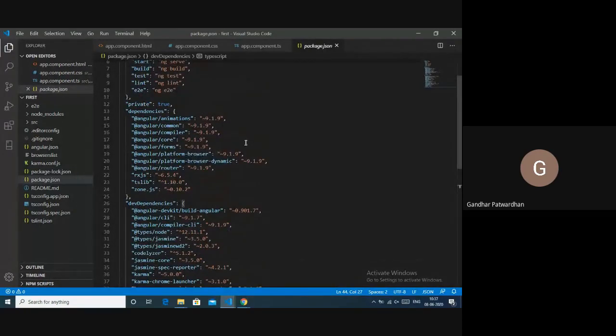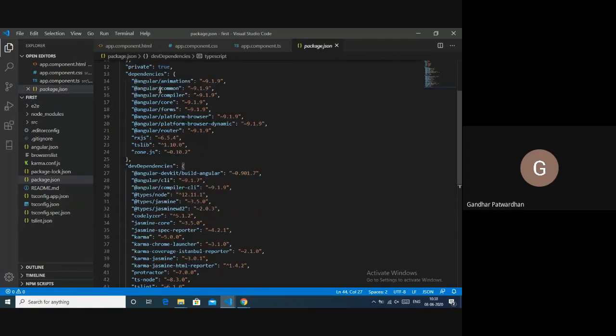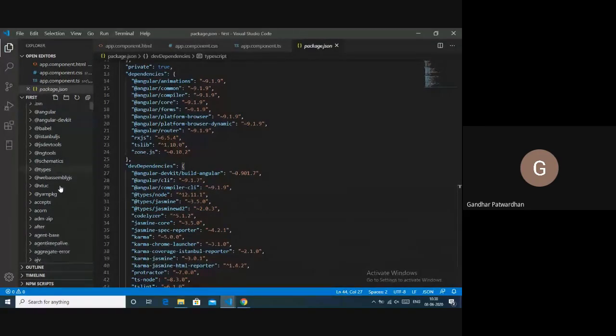So what happens is that when you create an Angular project, you get this package.json file, and it installs all these packages onto your machine, right. That is what npm init or npm install does. Okay, so whichever packages are downloaded, they are stored in this node modules folder.